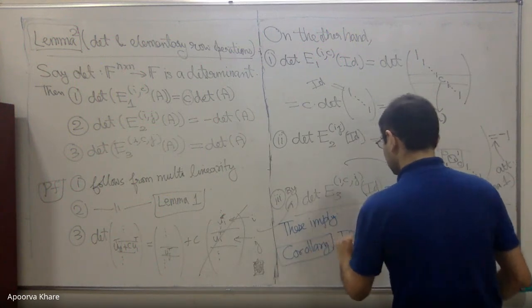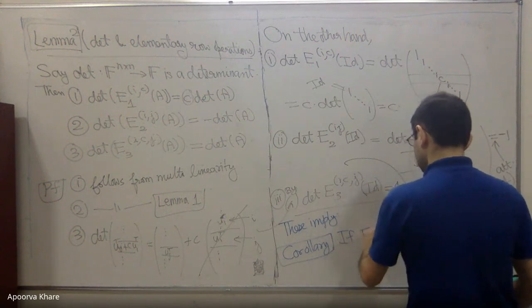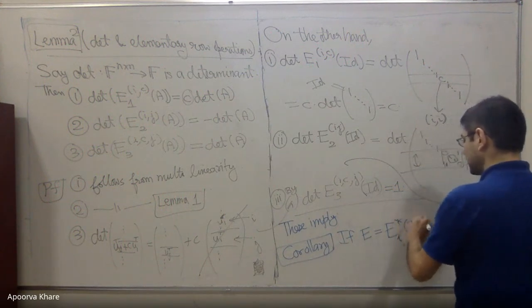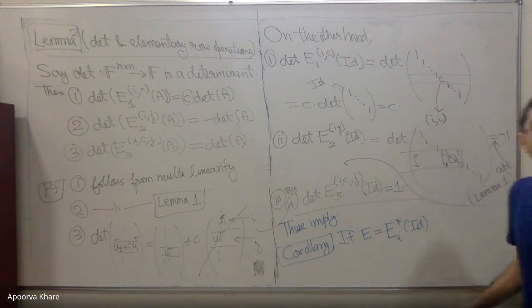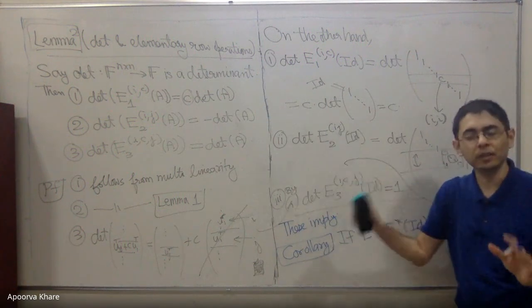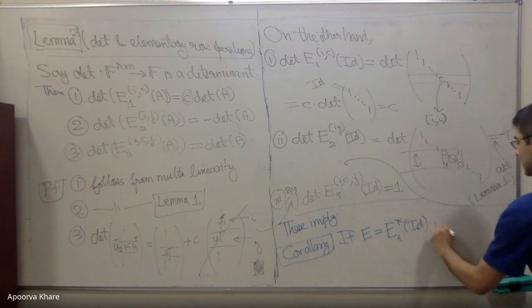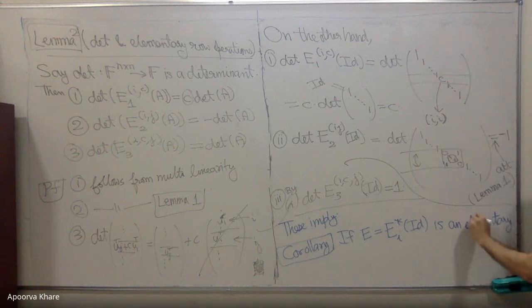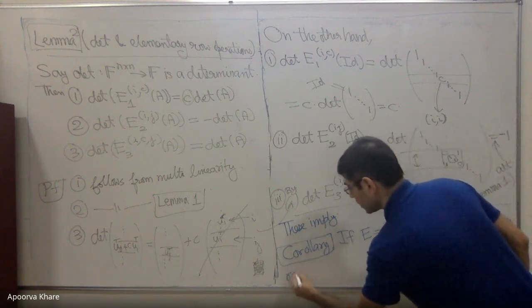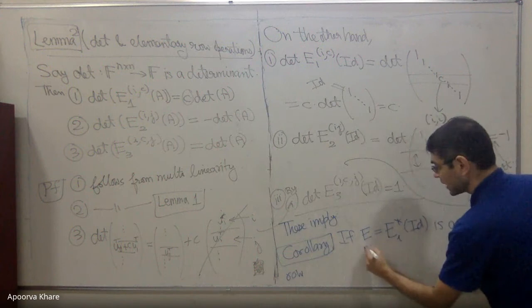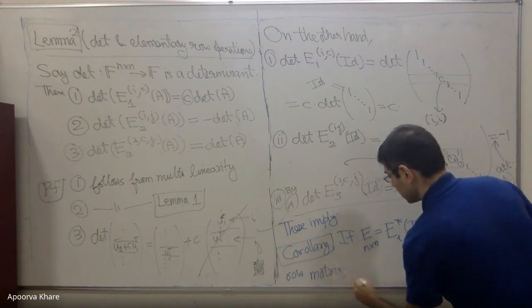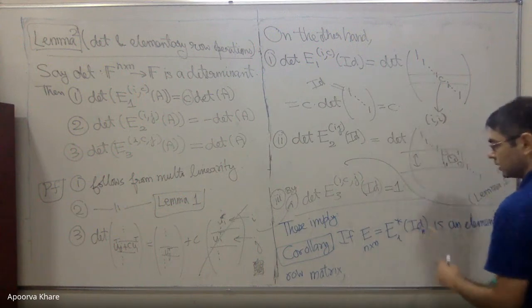If E is an elementary matrix, E of identity, so basically an elementary matrix is the matrix you get when you take some elementary row operation and apply it to the identity matrix, is an elementary row matrix, and let's say A is n cross n, and this is identity n, then